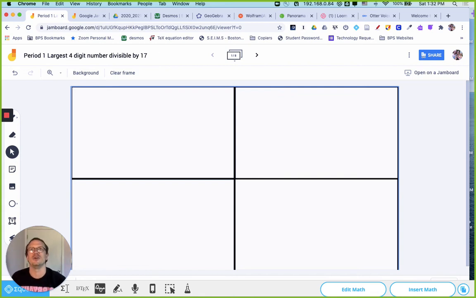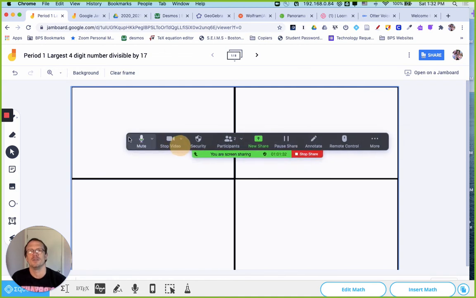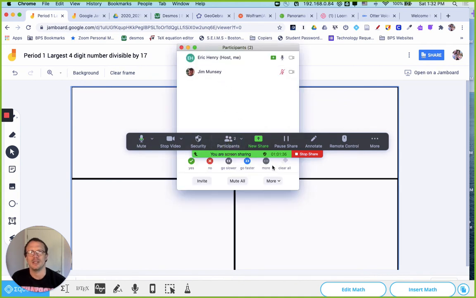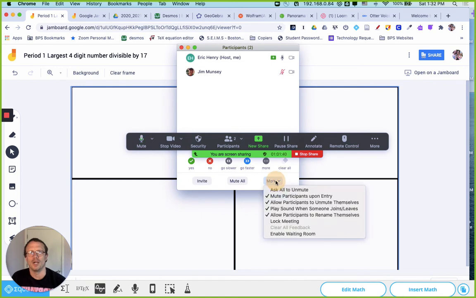Actually in Zoom, it's worth showing this. I think probably worth bringing this up really quick. For those who don't know, if you go to participants in Zoom and you go to more down here, there's a